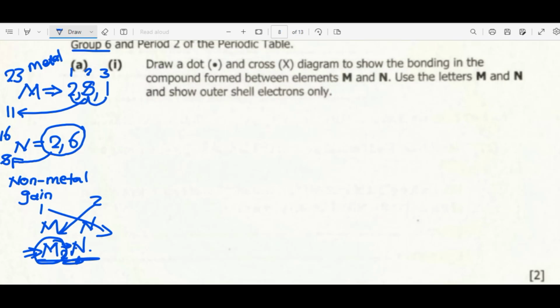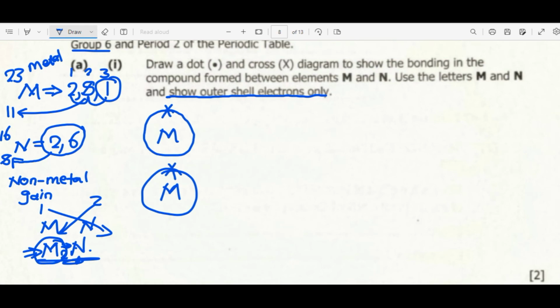Now let's show this diagrammatically. Since we were taught to show outer shell electrons only, this is my M. Remember, the outer shell of M has only 1 electron, so I put 1 electron. Another M will have 1 electron. Then the N, we are told, has 6 electrons in the outermost shell. So that now the 2 electrons will be transferred to this